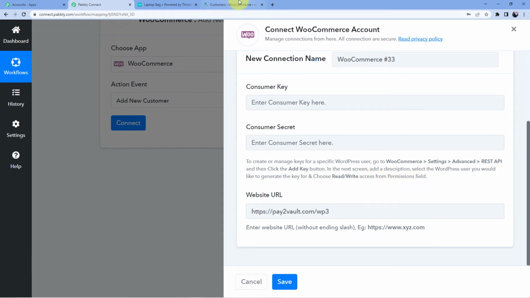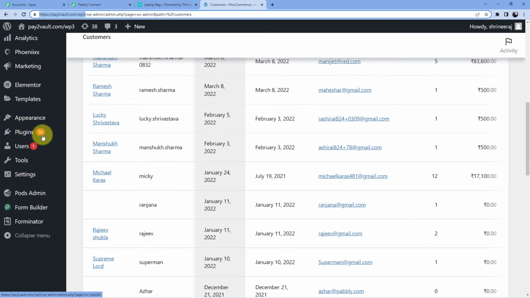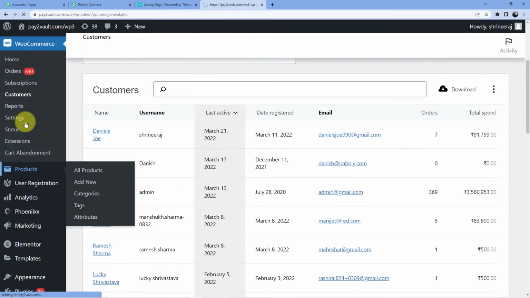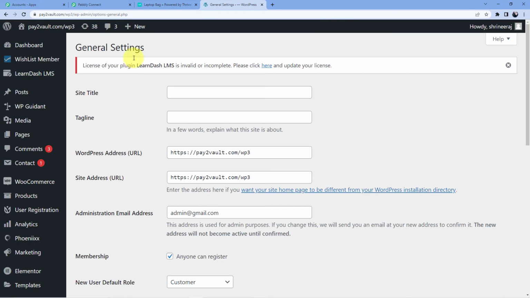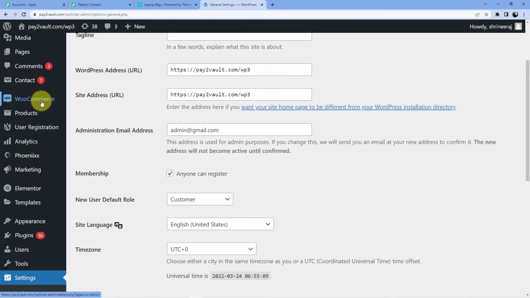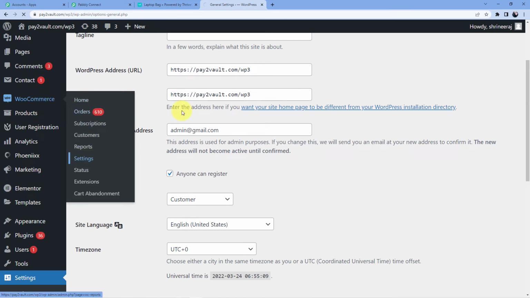So what we are going to do is go to WooCommerce, then we'll go for settings. Okay, this is the general settings. We have to go to the settings of WooCommerce. So go to WooCommerce and then go to settings.